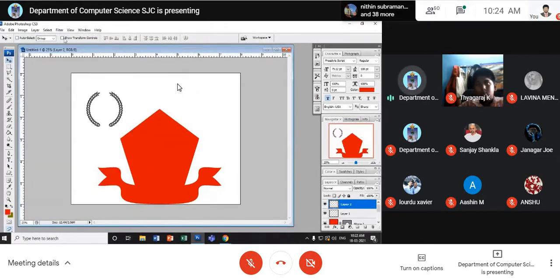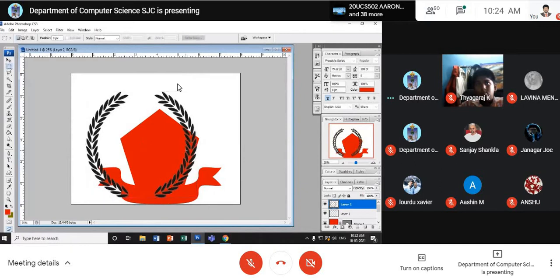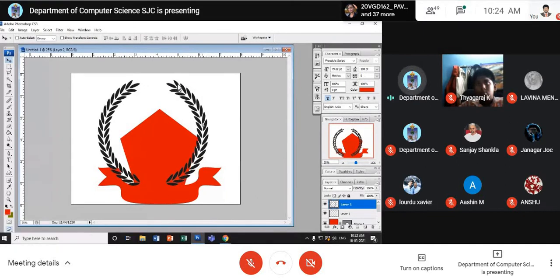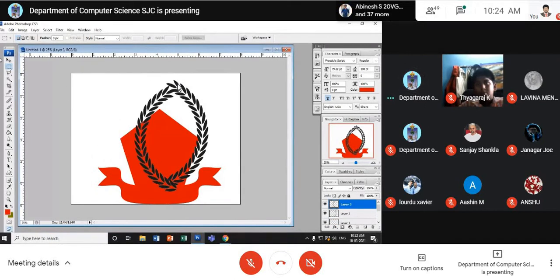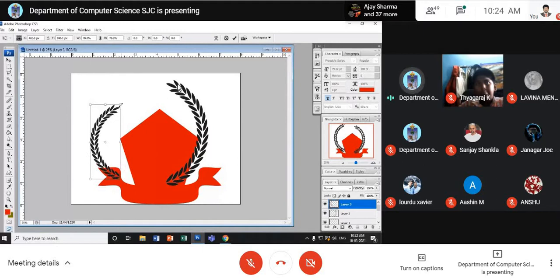I can cut this on both sides. See, for example, I can make it bigger. If it doesn't go well, see what I do. I just cut this, both separated. See, look here. I select it with the marquee tool, Control X and Control V. See, I've got one side. Okay, I just reduce it. I can keep it here.